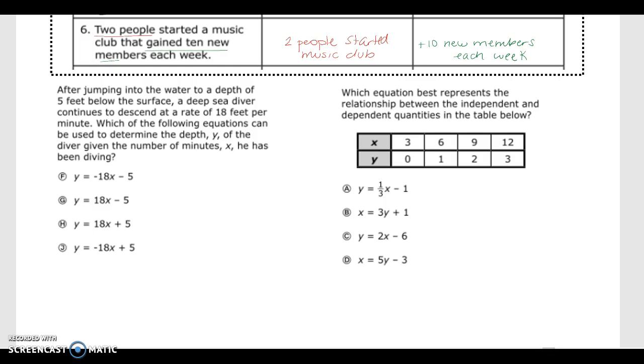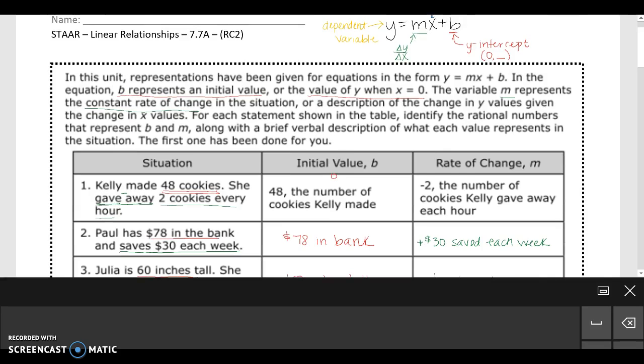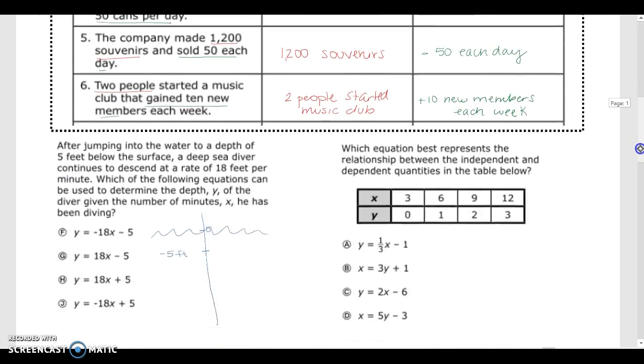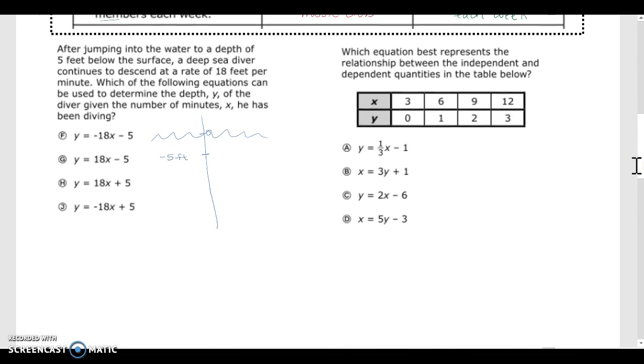Okay, so we have the water. And it says he jumped down to a height of -5 feet below the surface. Okay? So here's this -5, here's the 0. And it says he descended. So we want to think about our words. Descend or ascend. So descend means it's like decrease. Okay? So it's like it's going down